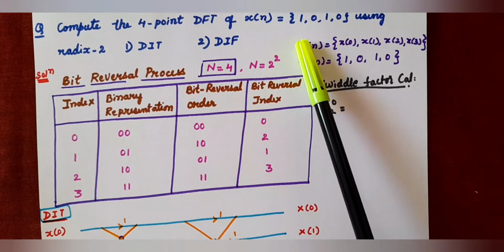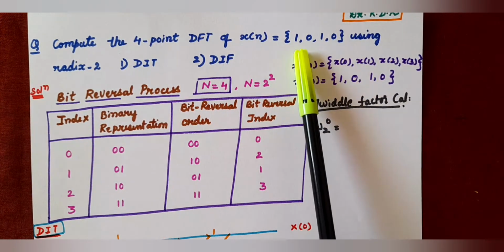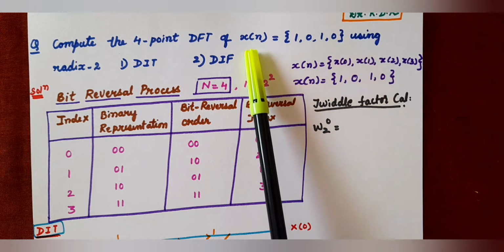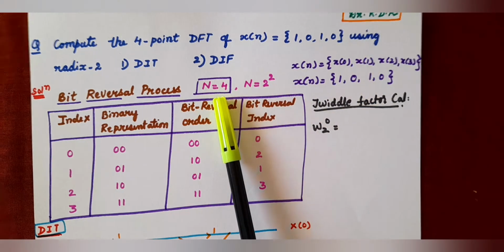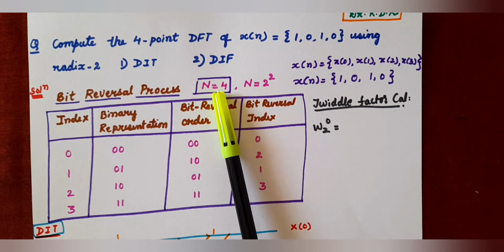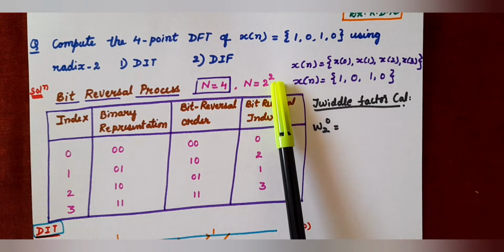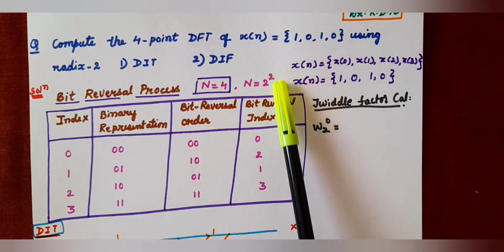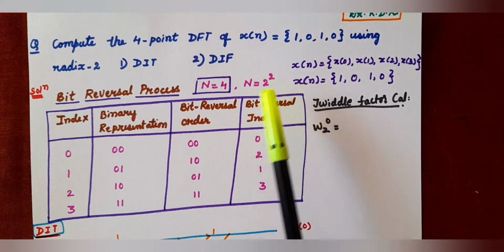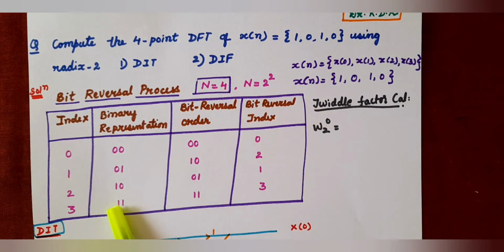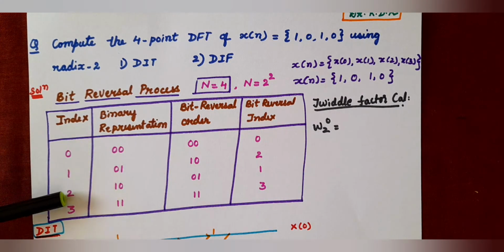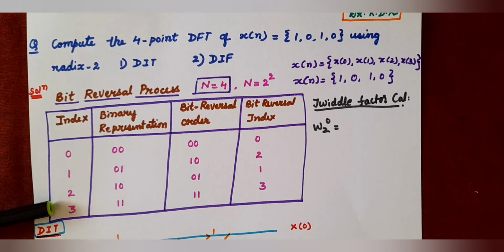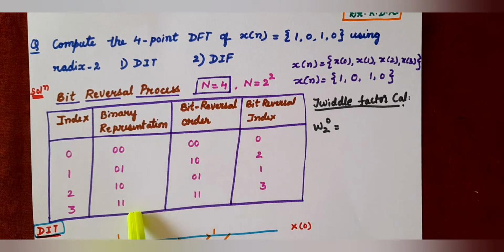Here the sequence length is given as 4. X of n is comprising of 4 samples. This is the discrete time sequence. So its length capital N is 4. Now for 4 we write it as 2 to the power 2. So this power indicates that these many bits are to be used for representing the binary number. So N is 4, so we have written the index as 0, 1, 2, 3. We have written the index and then written its binary representation 00, 01, 10, 11, and